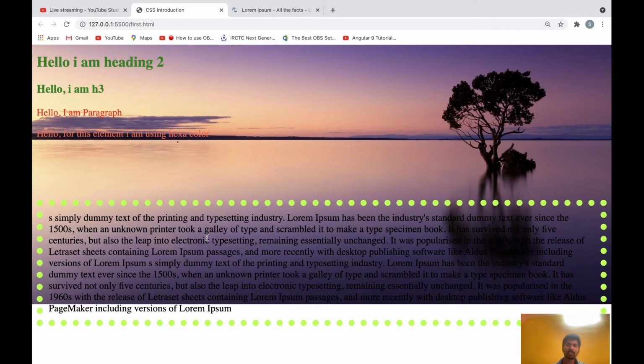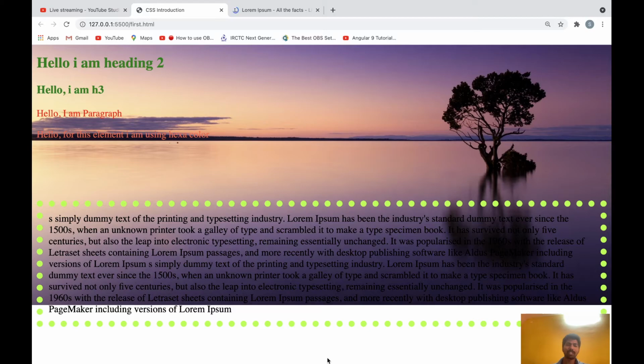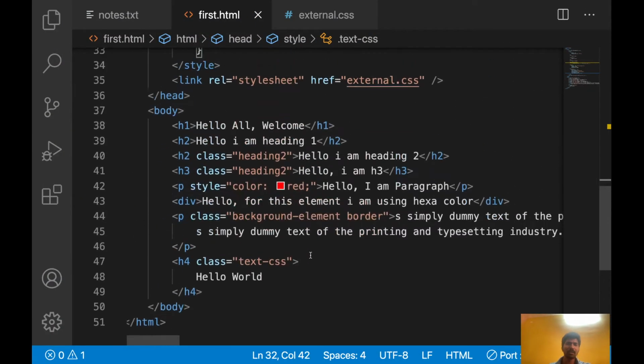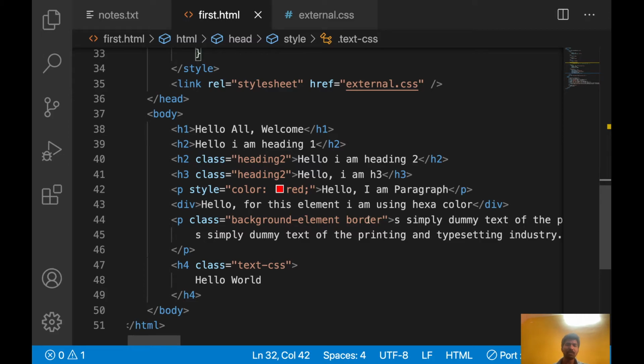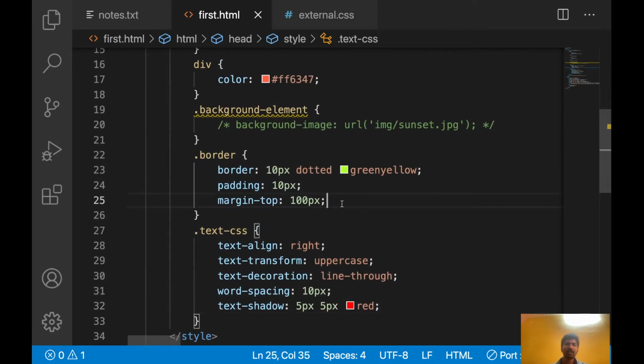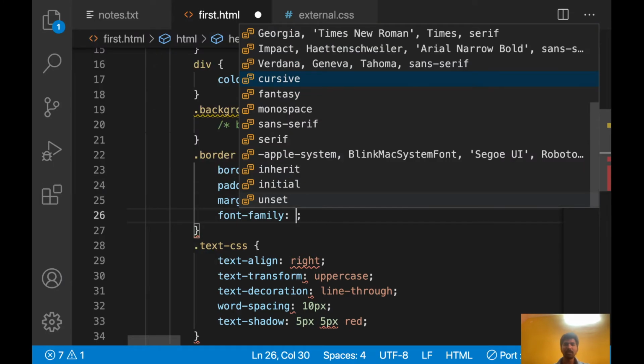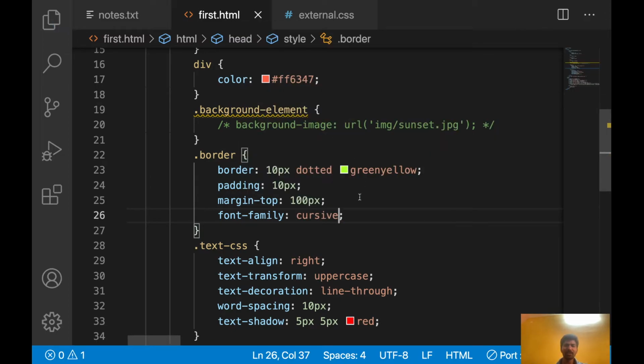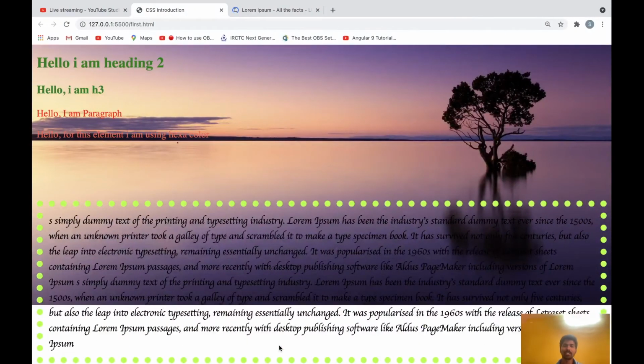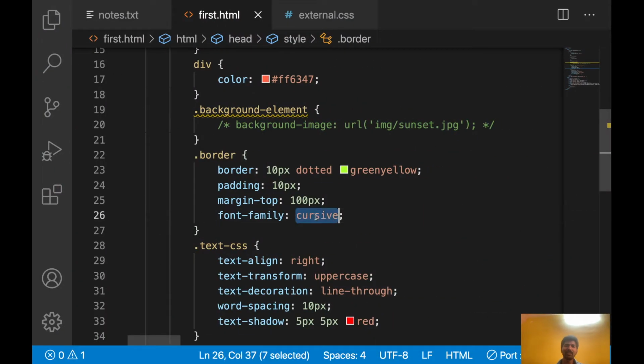Here we have bigger text now. Let's apply some font family. Here it will show all the options. Let's use this one, cursive. So many things are there. This editor will give suggestions. See how it is coming. This is the regular one, but we applied some font family for this part. It's looking different. So each font family will look different.